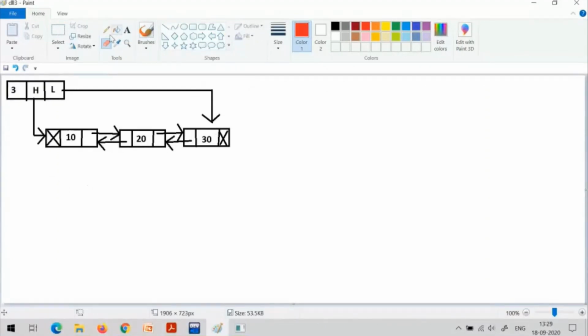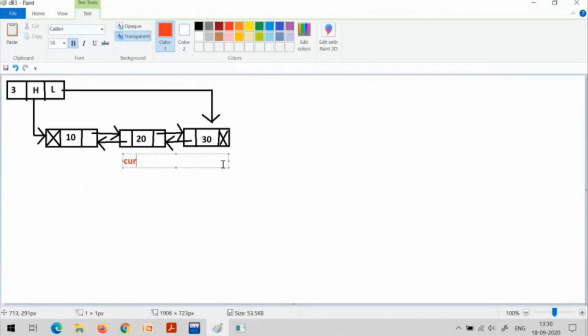Okay. Now, suppose I wish to delete 20. First, I need to search 20, whether the 20 exists in the list or not. Okay. Let us try to delete 20 now. Okay. Now, using the for loop, I can search whether 20 exists or not. So I can create a temporary pointer current,